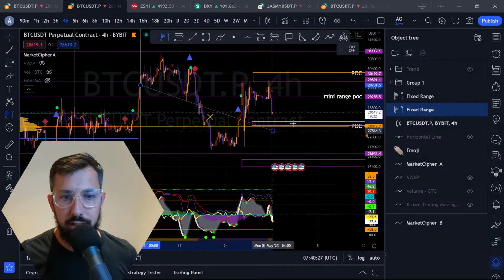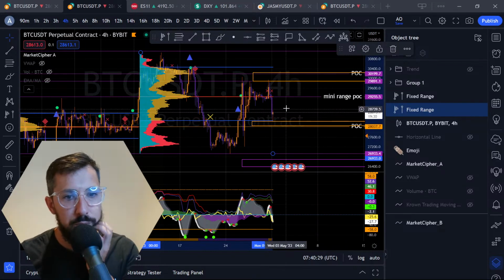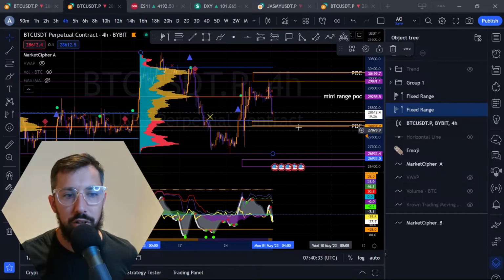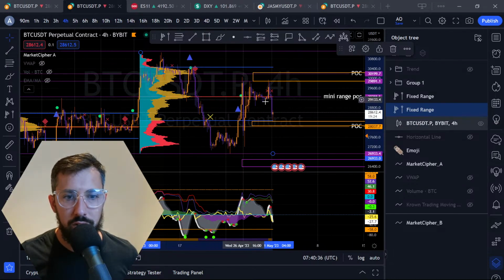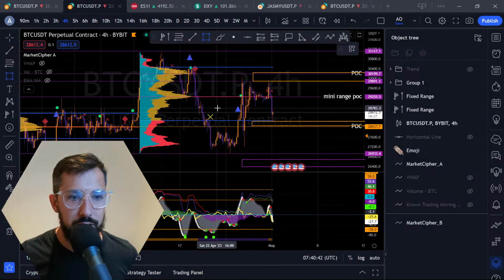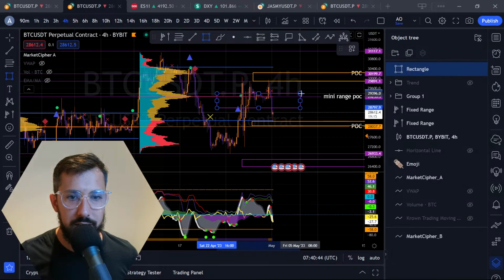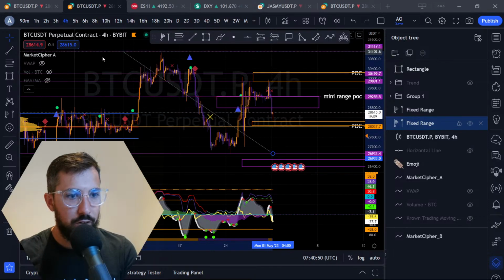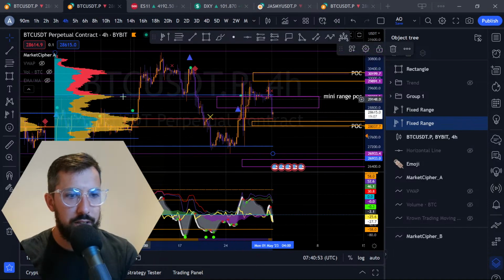Do we have any new volume in here? So we have this one here. We have this little cluster here with the point of control from the last one. Okay, we have this one here and this one right here. So this is one thing I want to note here, is that this to me is the entrance back up to this level. Okay, so that's important for me to note. Always check volume just to kind of build that idea.